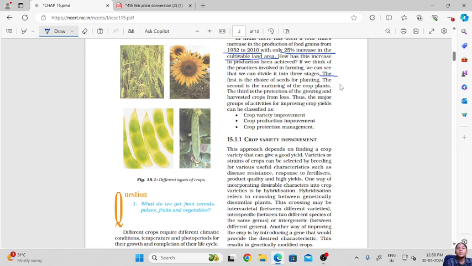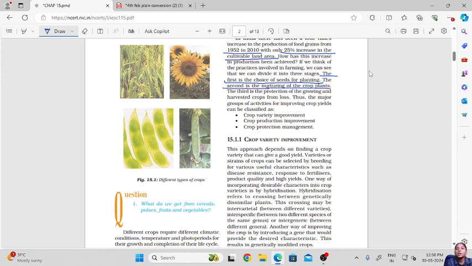So the first is the choice of seeds for planting. Now these are some of the ways through which we can get better or higher yield. So first is the choice of seed. The seeds which are to be used for growing should be selected, and higher yielding seeds should be used for this agriculture. Then the second is the